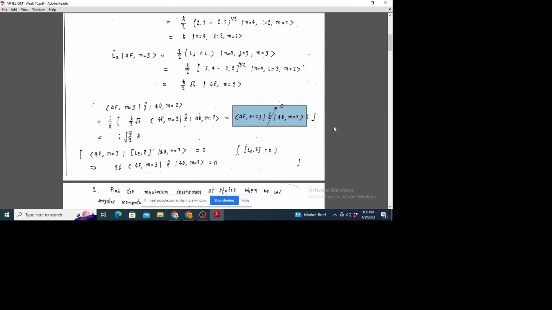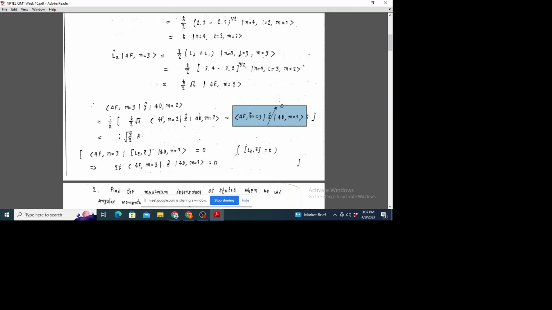Right? Remember that formula? Like if two Hermitian operators are commuting, that means they are simultaneously diagonalizable. That means eigenbasis of one of the observables will also diagonalize the other observable that is commuting with the previous one,